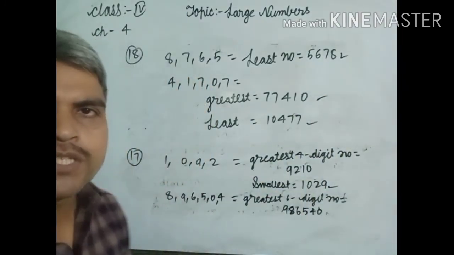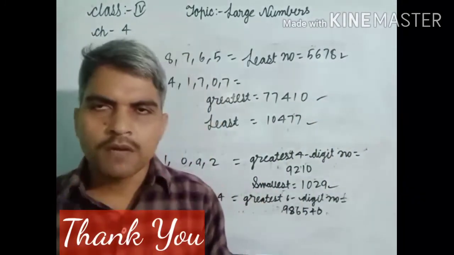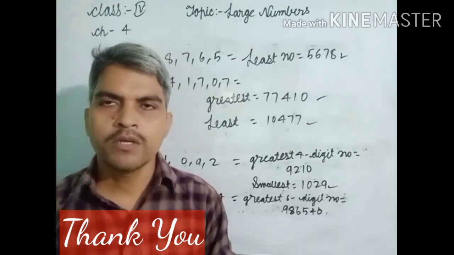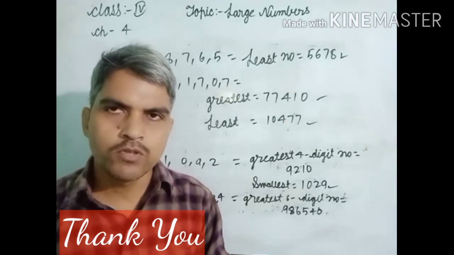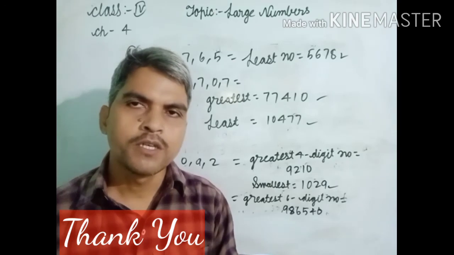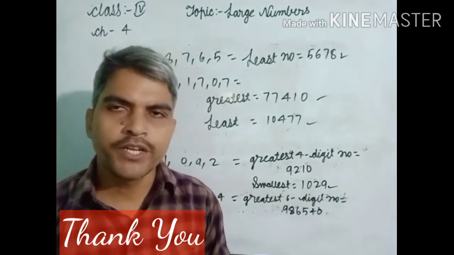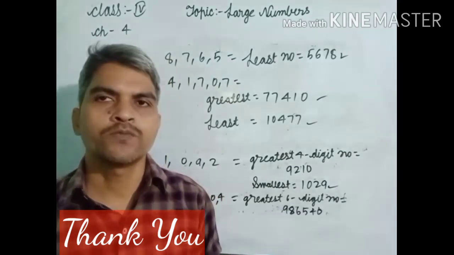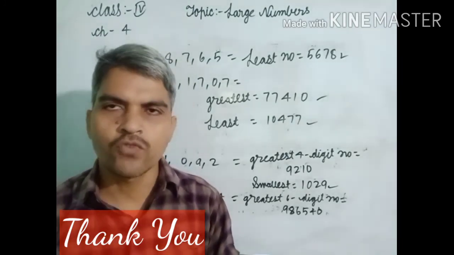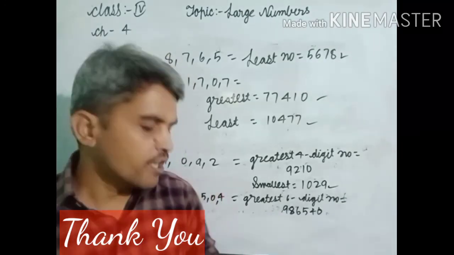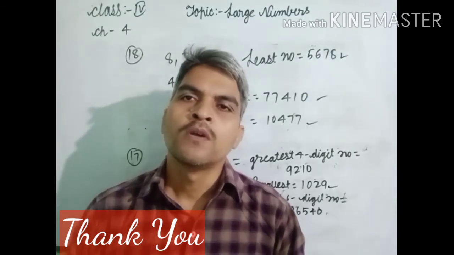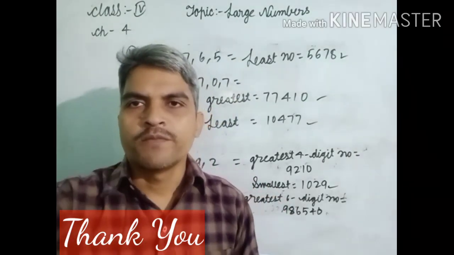Dear students, today we discussed the number coming just after, coming just before, successors, predecessors, ascending order, descending order, the greatest possible 3-digit numbers, all the possible 3-digit numbers, and the smallest and greatest numbers from the given digits, with 4 digits, 3 digits, 5 digits and 6 digits. All types of questions were discussed. So please complete the exercise of chapter 4 for class 4. If you have any problems, ask them. Thank you, students.